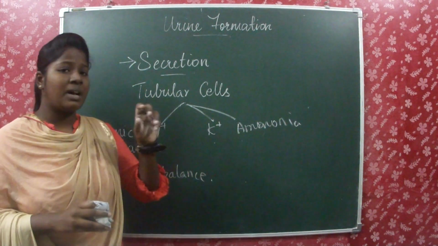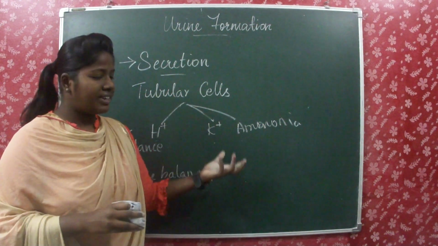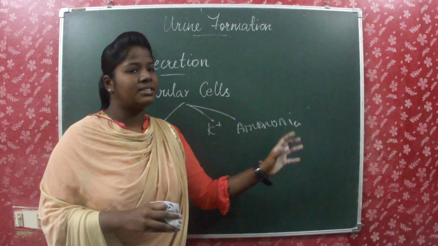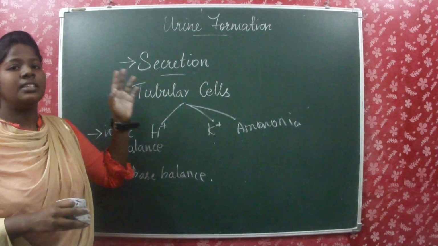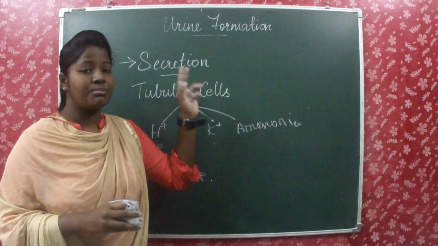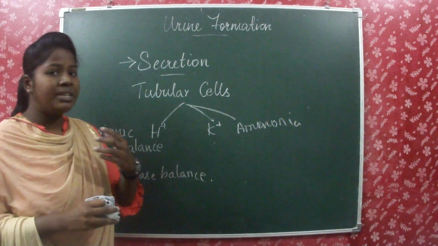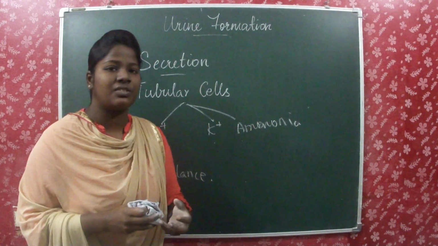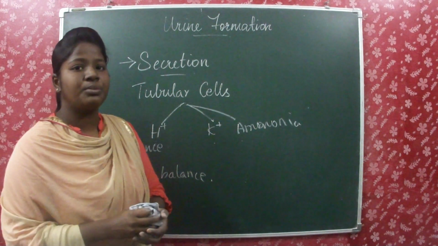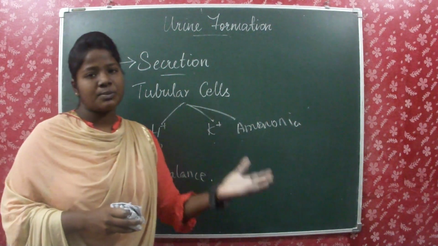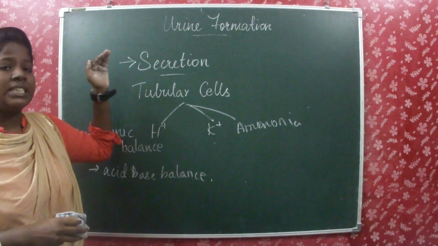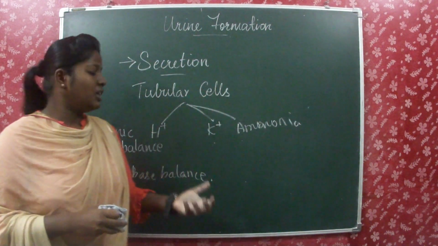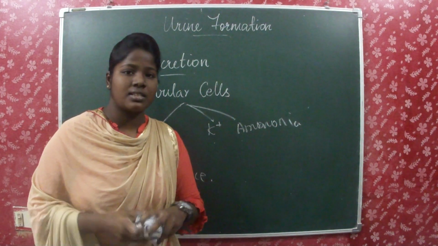The epithelium has cells called podocytes, which are arranged in an intricate manner so that they form slit pores through which the filtrate passes. Then we learned about the glomerular filtration rate, that is 125 ml per minute and 180 liters per day. What is the inbuilt mechanism? The juxtamedullary apparatus is the inbuilt mechanism of the kidney to maintain the glomerular filtration rate. Then the reabsorption takes place in the tubules at different levels, by active mechanism and by passive mechanism. Then the secretion takes place by tubular cells, which secrete hydrogen, potassium and ammonia so that ionic and acid-base balance is maintained.